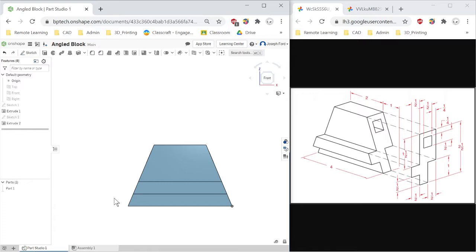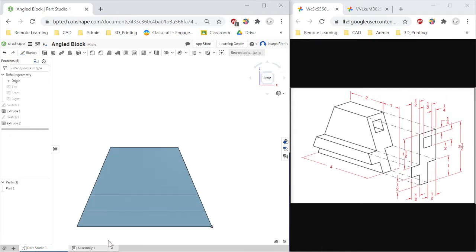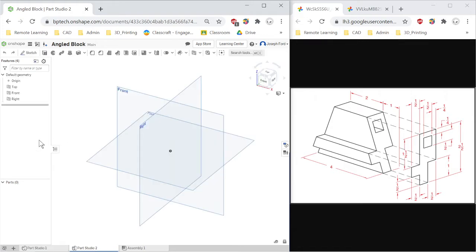And then you just cut in both directions, and you should have it. So I will go over how to do that,